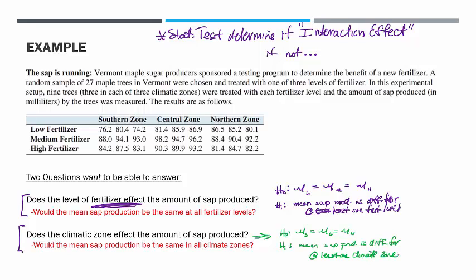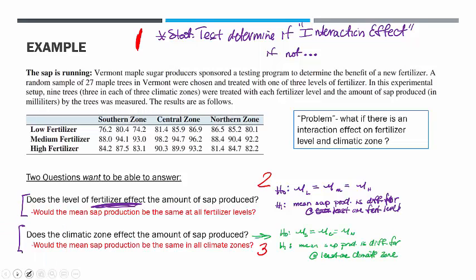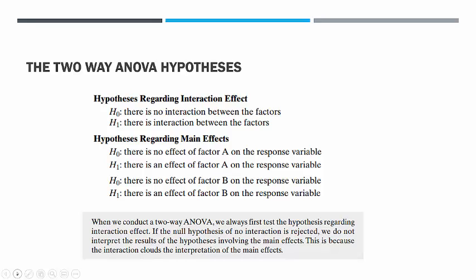So we end up really with three hypothesis tests here. One for interaction that we do first, two for the row factor, and the third one for the column factor. So in general, in a two-way ANOVA, we have almost sort of three different hypothesis tests. Now, you'll notice that these are not written in terms of means, even though that's what ANOVA is for, testing equality of means. They're not written that way because to write them in general,